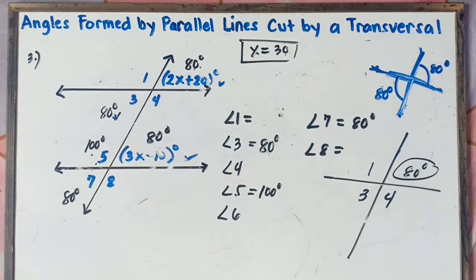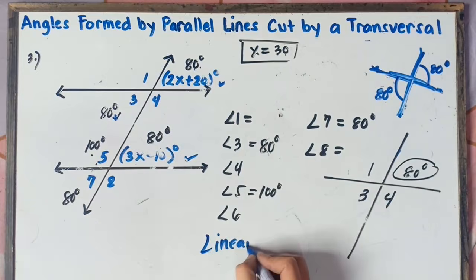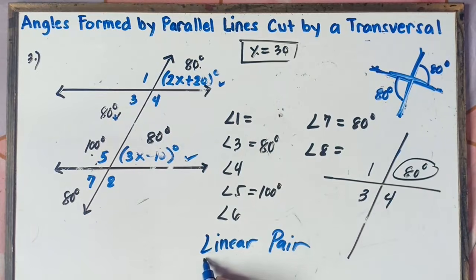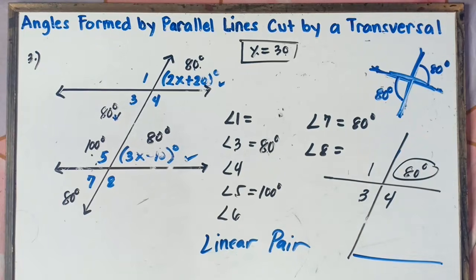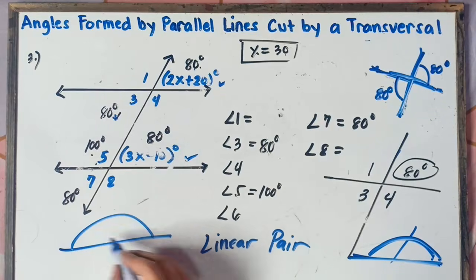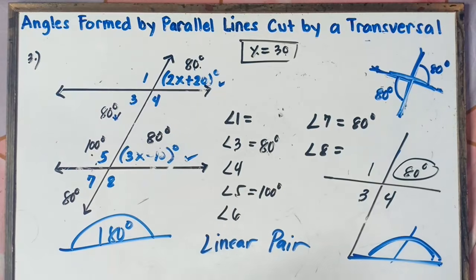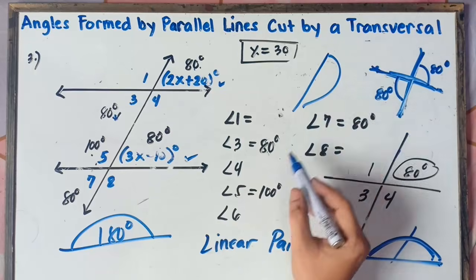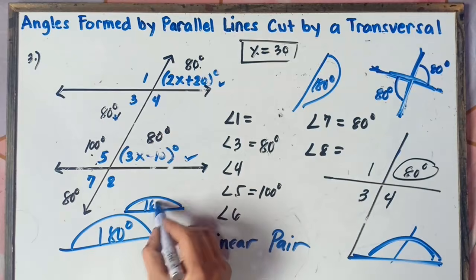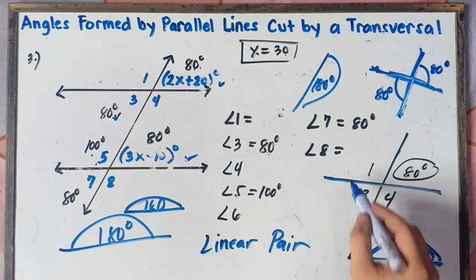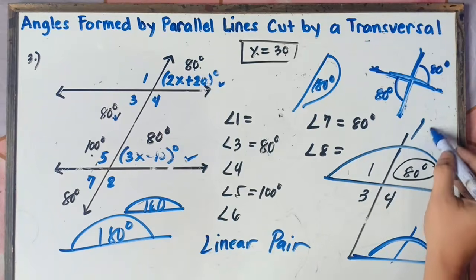Now, if you recall, class, linear pair: the sum of the 2 angles with regards to linear pair, there will be a straight line, and then you have these 2 adjacent angles. The sum of a straight line is always 180. If you have a straight line, you can form a straight angle. A straight angle, class, is always 180. Remember that one, class. A straight line, straight angle, 180. Therefore, this is a straight line, right? You form a straight angle, it's always 180, class.